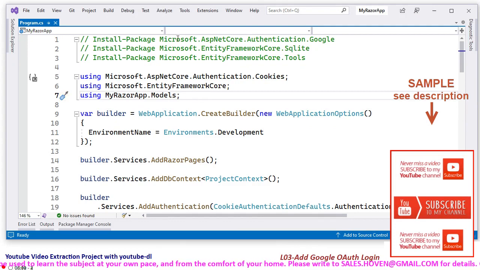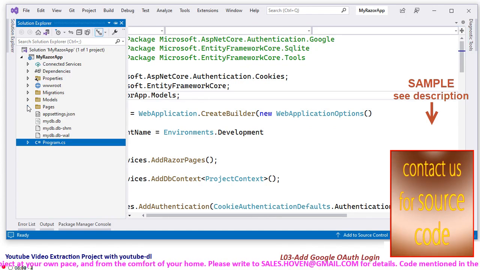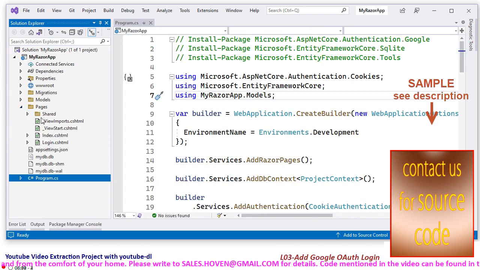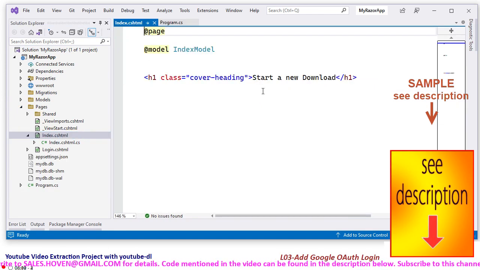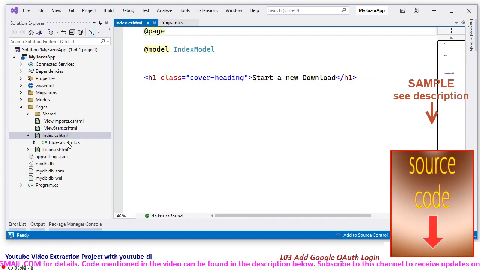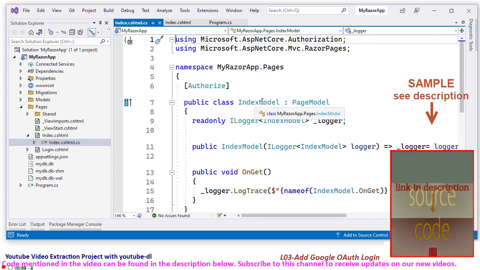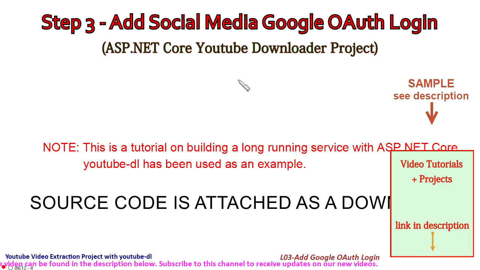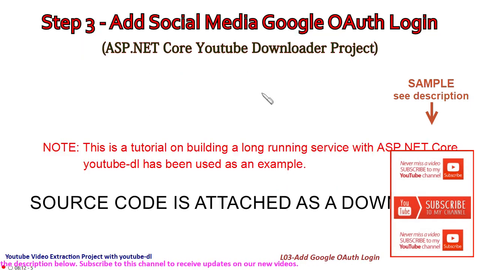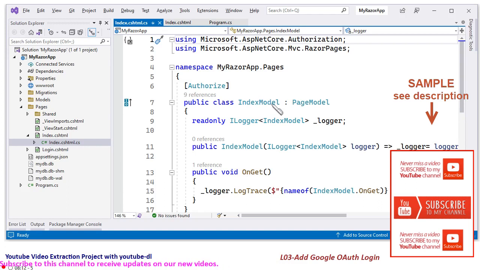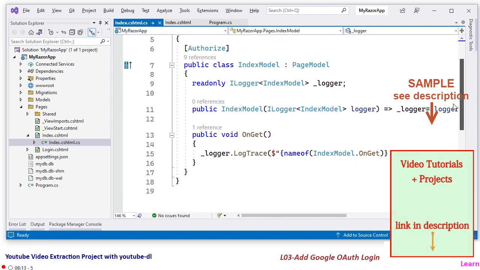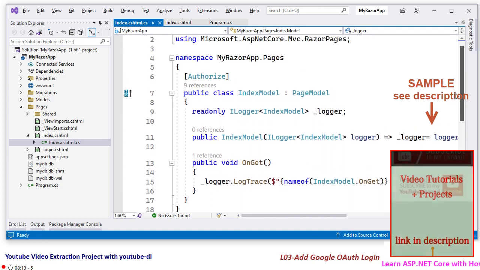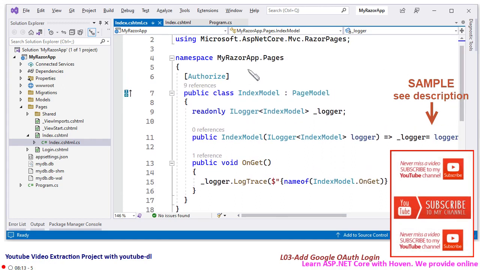So as I've told you, first of all I have installed this package, and after this I have come to my pages folder. This is the home page that I added the last time, and there is nothing in this except start a new download and the index model file. In this case, now I have added this authorize attribute to the index model class. Nothing else has been changed. As you can see, this is the simple class that we completed in the previous tutorials, and I have only added this authorize